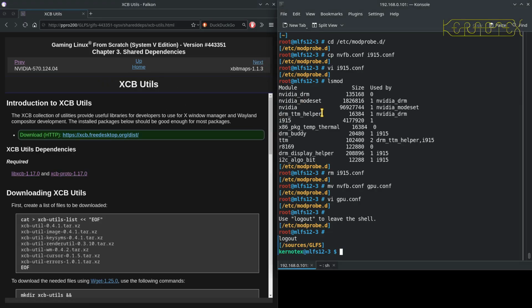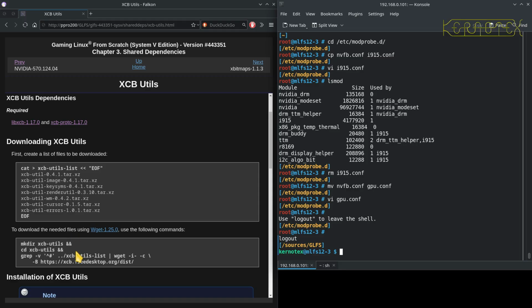Okay, so now we move on to X11 and getting that installed. There's a few bulk compiles here, such as this first one, XCB Utils. The idea, again, that we've already seen, is that we've got a steering list here that fetches these, and